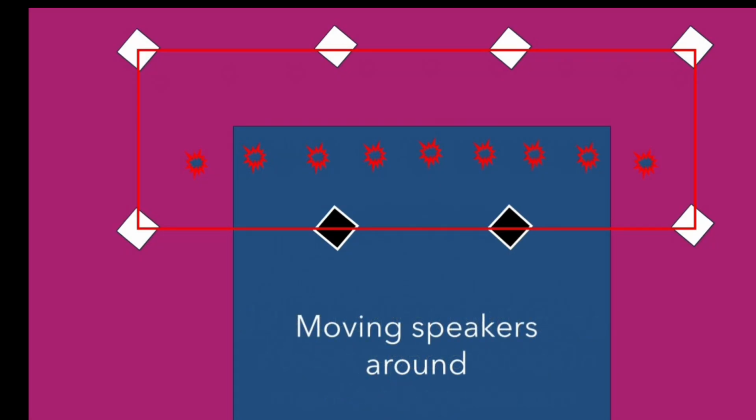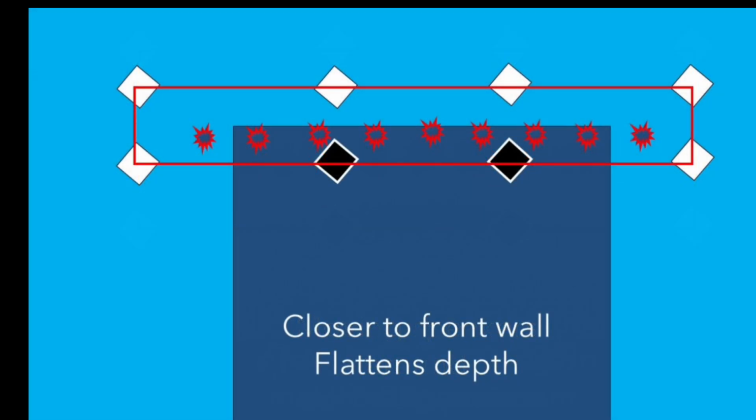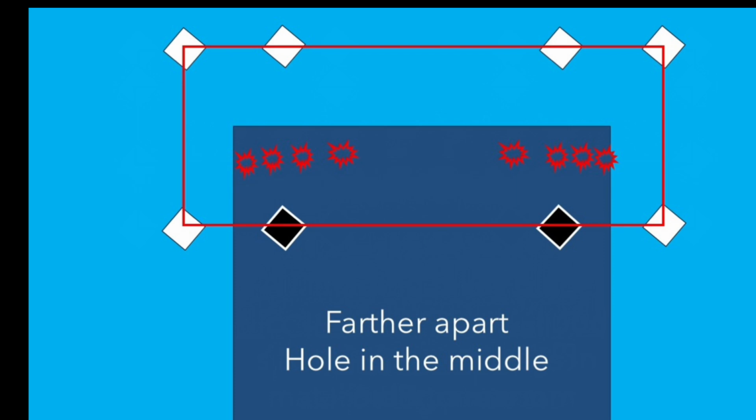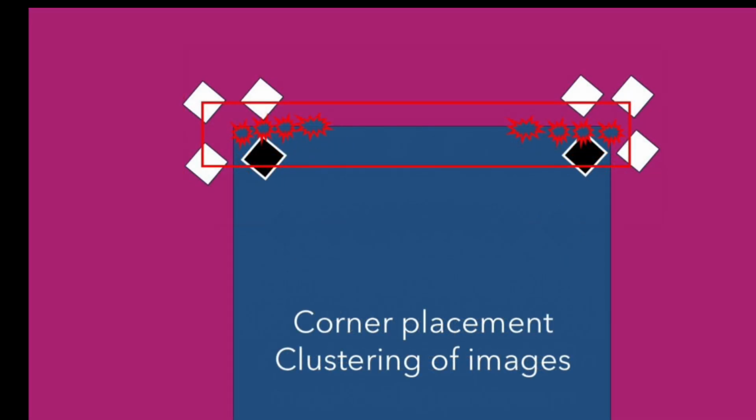The image model has implications as to moving speakers around as well. You can see in the graphic that if you move your speakers closer to your front wall, you may be compressing the depth of image rather than helping anything. If you move your speakers farther apart, their reflections also come closer to your speakers, defeating the purpose. You get what is sometimes called a hole in the middle. Corner placement is about the worst situation, which would cause a hole in the middle and a clustering of images